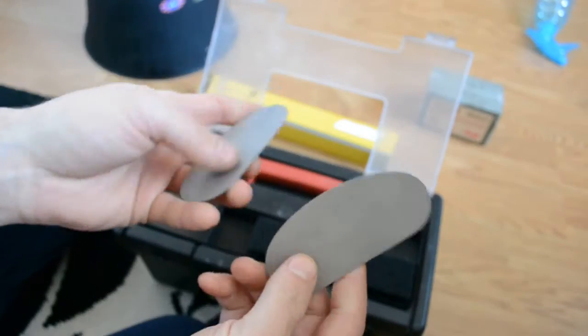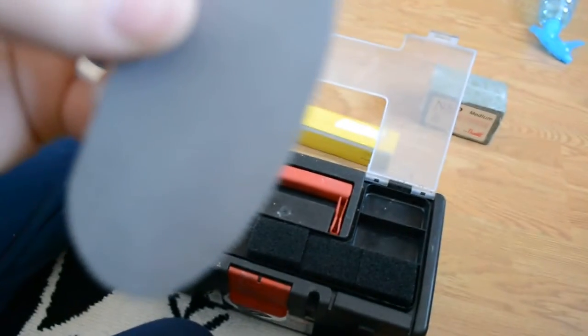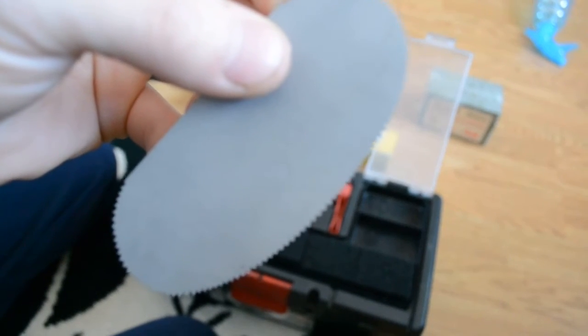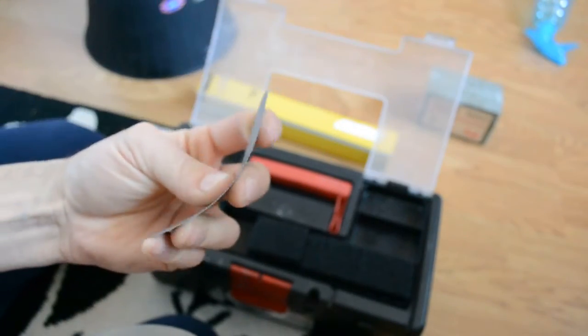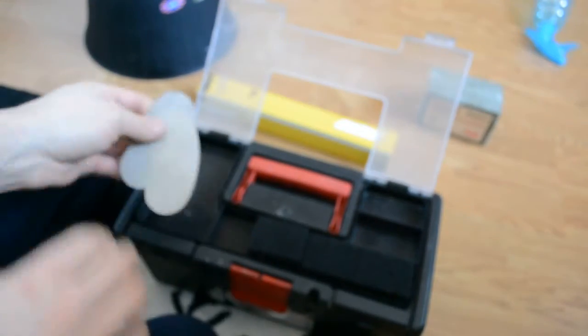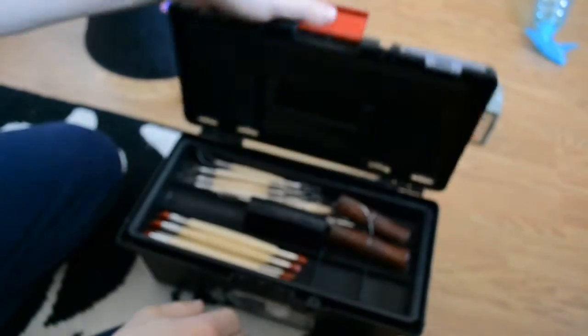And at the top here I have these two kidneys. These are metal kidneys. One has a serrated edge, and the other one has a flat edge. Basically these are just bendable, for smoothing off all of the big clay pieces. If we open up inside,